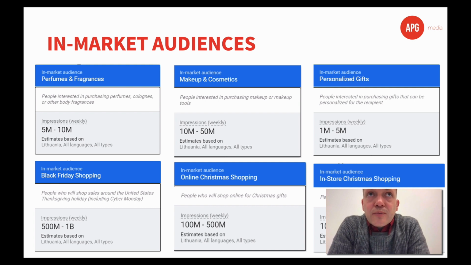Yes, placements do matter, but unless you have no business goals whatsoever which you can measure digitally, like a sale or an add to cart or something like that, it's better